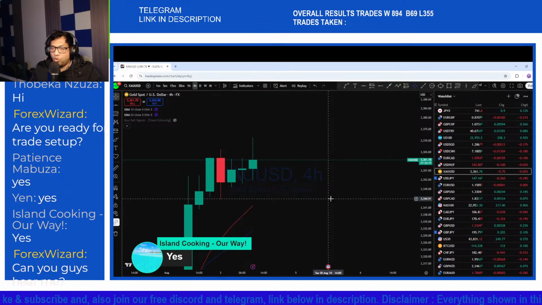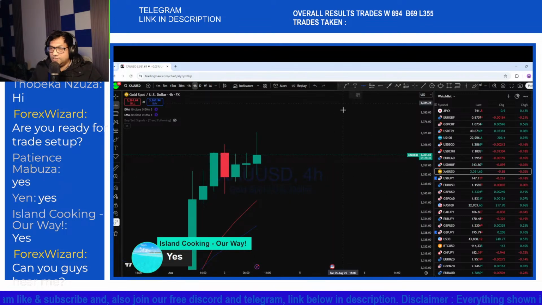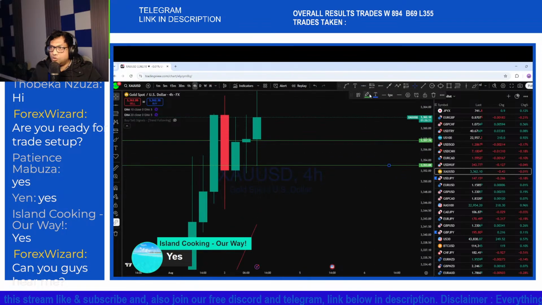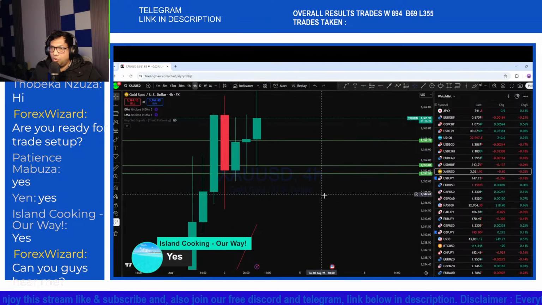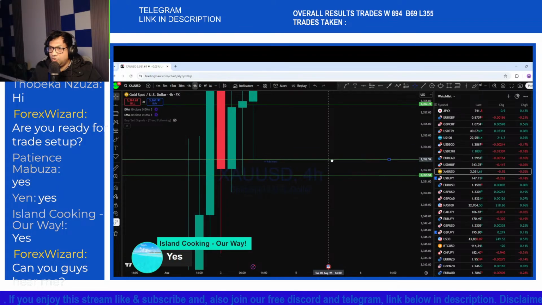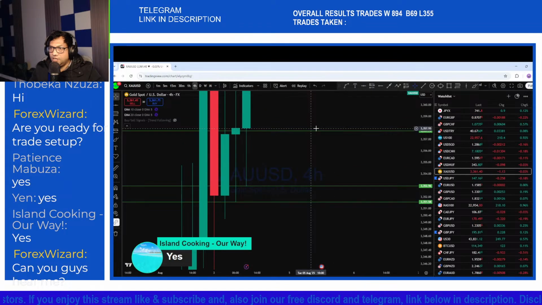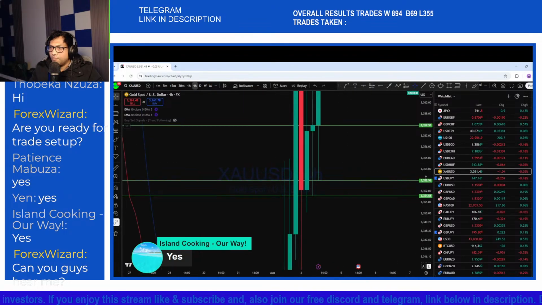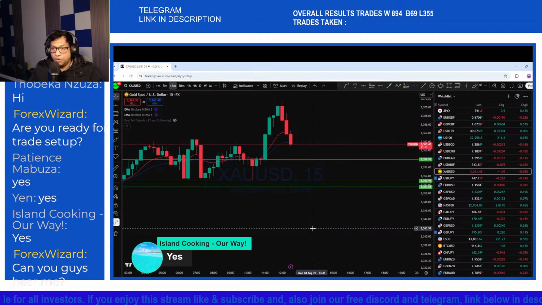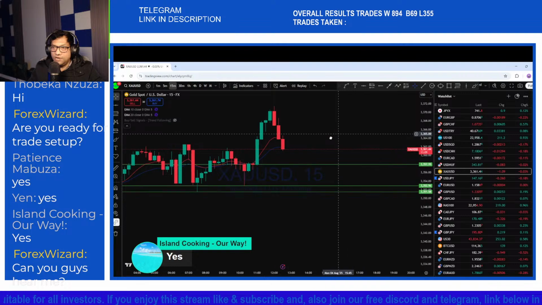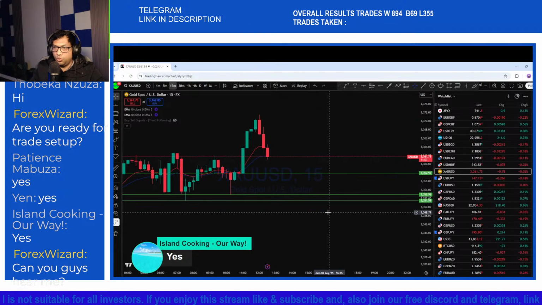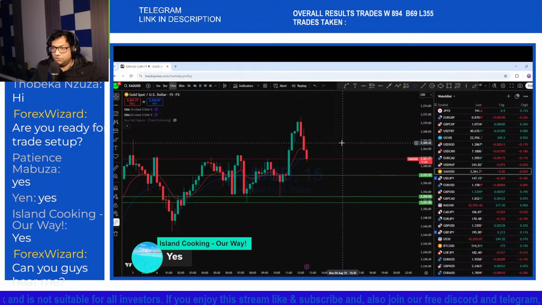You can see this is the 4 hour price action, and this is the current session's support, and also this is the current session's low here, and also this is the previous session's low here at this doji. Now looking at all that price action on gold, the market is in a trend here, and we could see the market potentially continue to break here, and this is where we will be looking at entry. Once we see the market drop well below this key level, we will be looking into that entry opportunity.